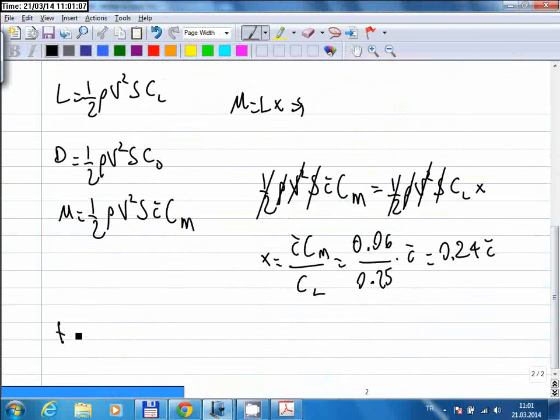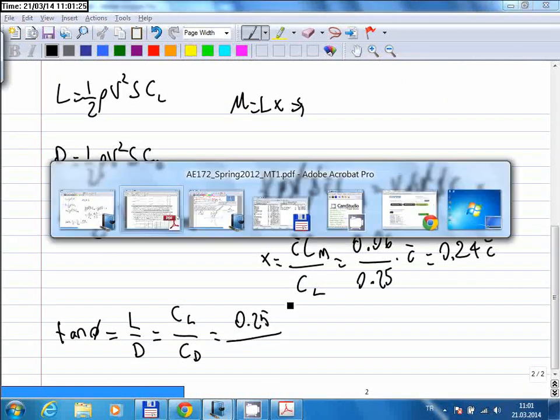Now for the second part, the tangent of that angle should be equal to lift over drag. And that will be equal to CL over CD, because everything else in these equations cancel out. And that's 0.25 divided by